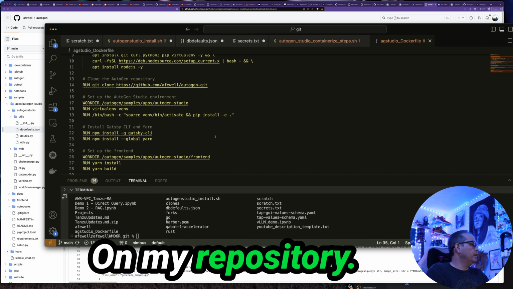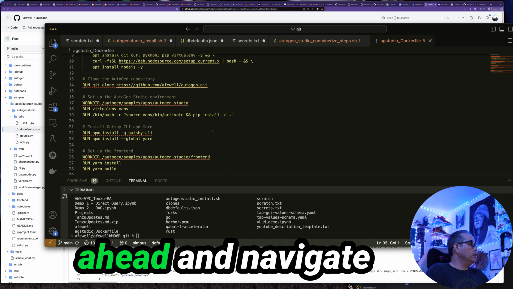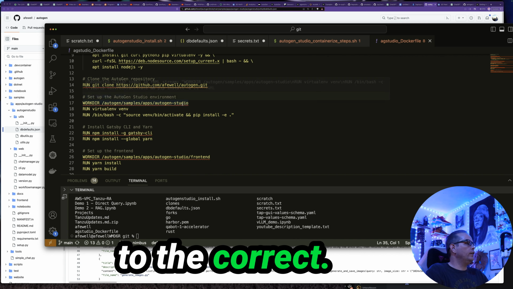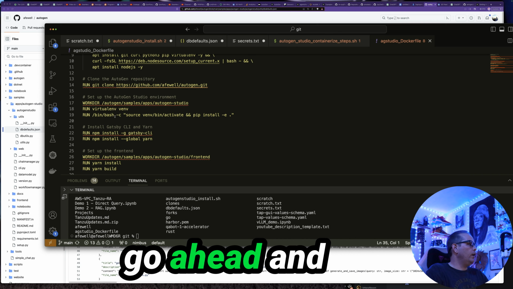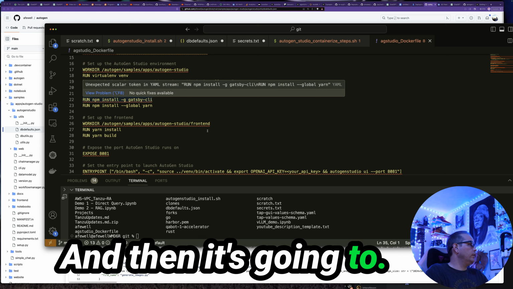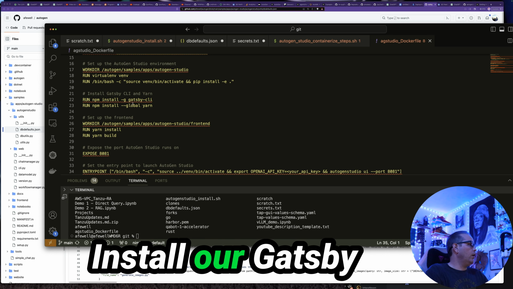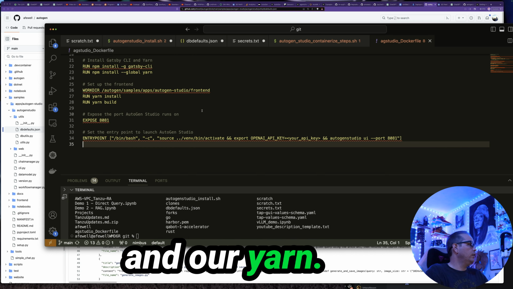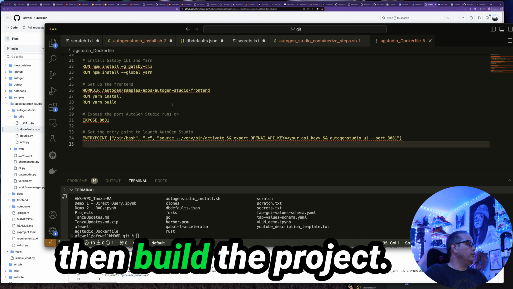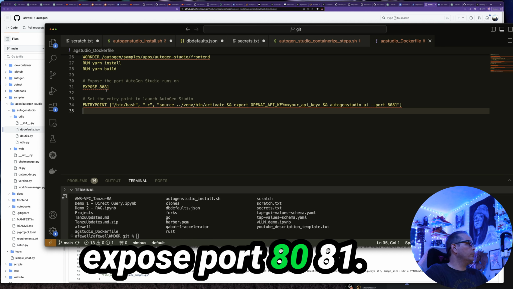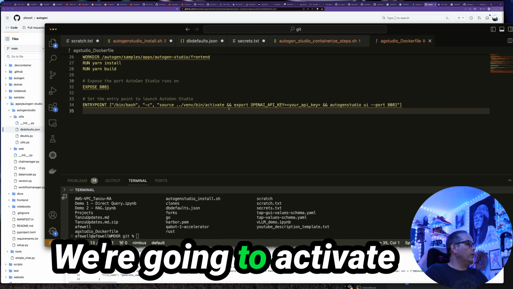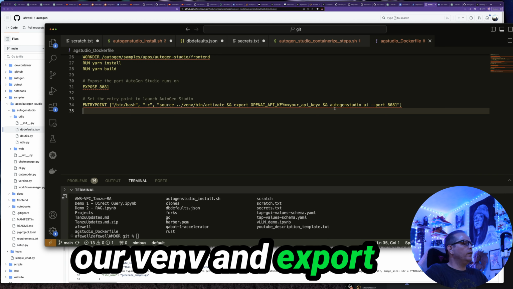And then once it clones Autogen, it will navigate to the correct environment to go ahead and build the Python portion. And then it's going to install our Gatsby and our Yarn, and then navigate to the front end directory to install Yarn within the project and then build the project. It's going to expose port 8081, and then for the entry point, we're going to activate our venv